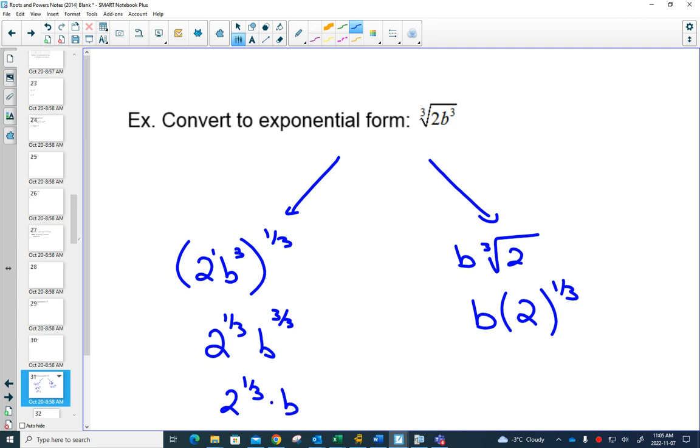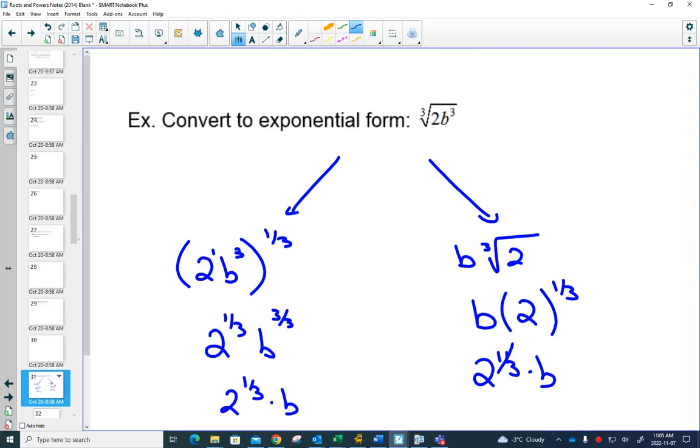And can you see that they're the same? So if you had to change this one to exponential form, you'd have to decide what's easier for you. Doing the 1/3 first and then working with your exponent laws to simplify, or simplifying radicals first and then working with your exponent laws. What was the one before that? Evaluate